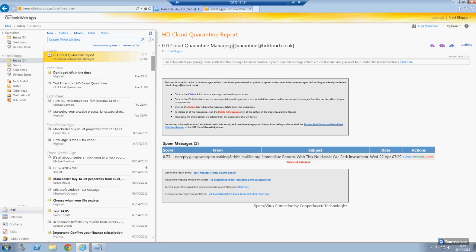In the Outlook client, any mailboxes that you have permissions on, you will see on the left hand side where your mailboxes are listed. On the webmail app, to see another user's mailbox, go to the top right hand side of the screen where it will have your name. You click on your name,